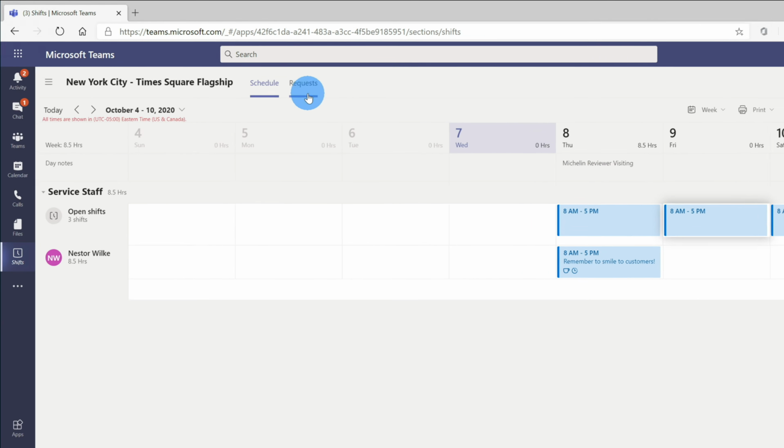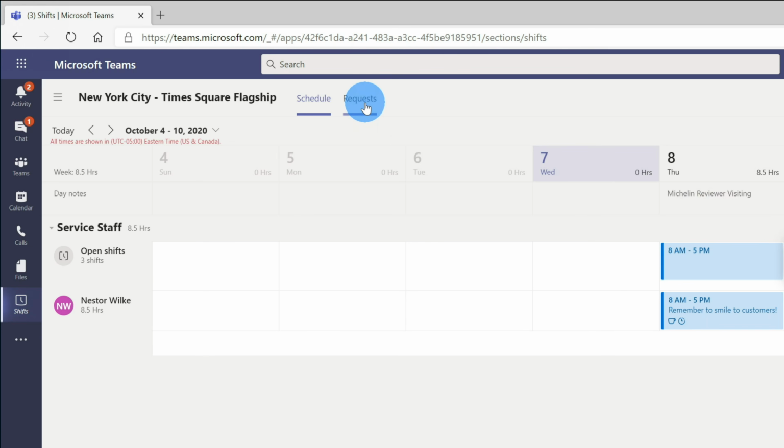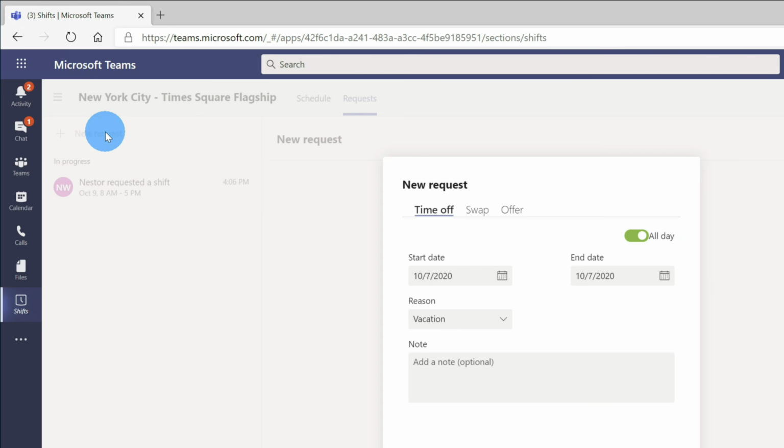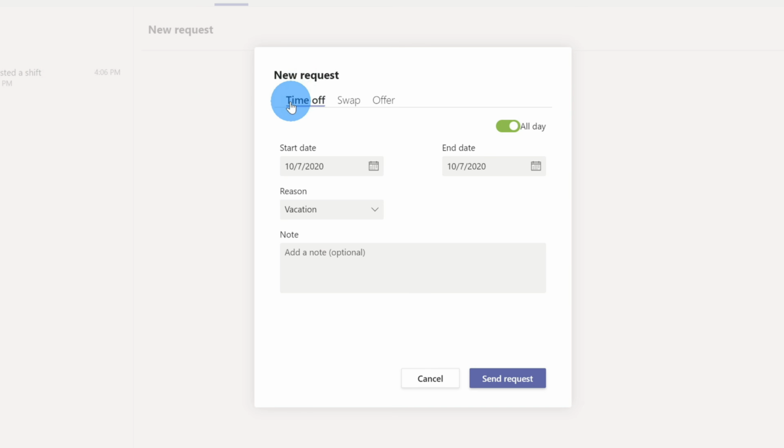To request a day off, I'm going to go up to the top bar and click on Requests. Within Requests, I could see my shift request here. I'm also going to click on New Request. When I click on New Request, it's set by default to time off. I'm going to select Saturday as the time that I want to take off, and it's going to be for